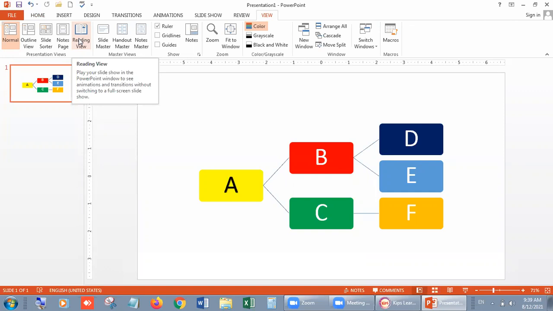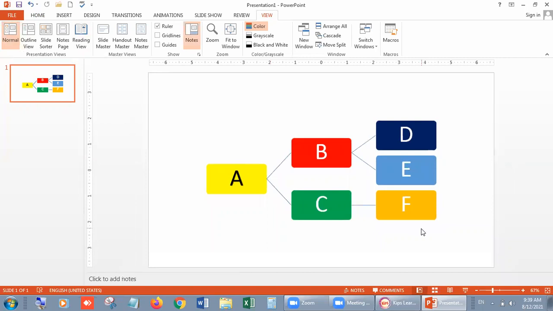Okay, beta. Now I am going to tell you one by one what is the use of it. First of all, normal view. This is our normal view. In normal view, we have 3 parts of our screen. In the first part, we have the main working area, that is a slide. In this slide, you can draw anything, you can write anything, it means you can prepare your slide. At the bottom of this slide, you have the notes area. Here you can write anything about your slide. It will never show in the slide, but you can define about your slide here.